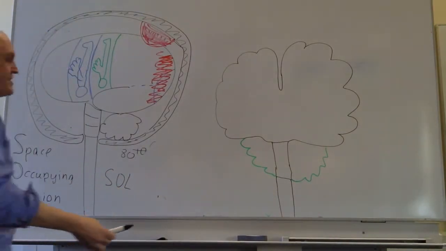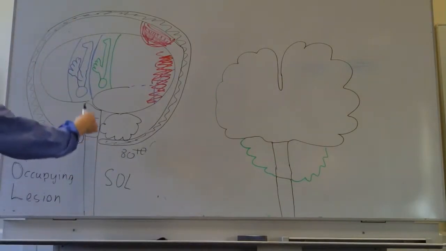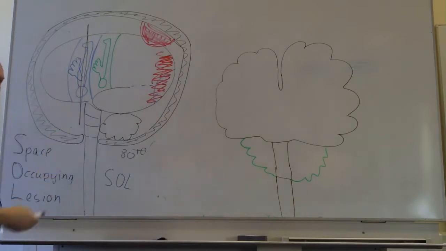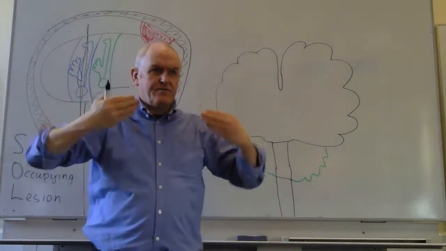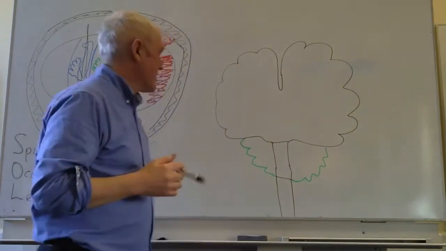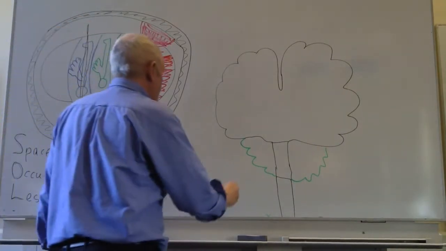Now let's imagine that this is a section here of the brain at the level of the motor cortex. So we've got a big machete and chopped someone's brain like that and looked at it from the front. It's called a coronal section. We've taken a coronal section. Now that means that this area around about here